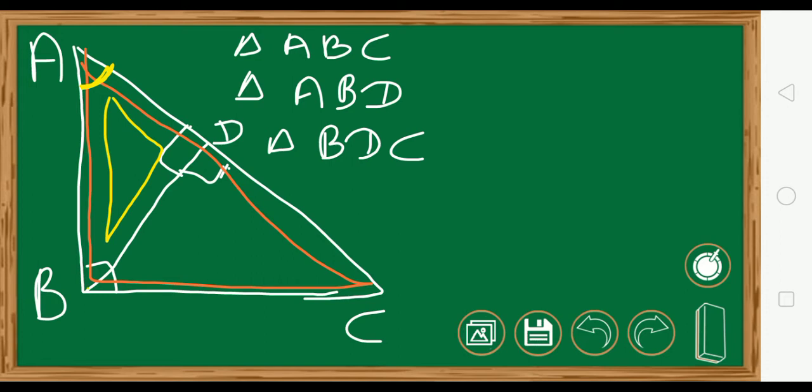So the triangle ABC, the bigger one, and the one in yellow, that is ABD, they are having two angles same. That is one, that 90 degree one, and one angle A. So these both are similar by AA test of similarity. You have studied in the first chapter. So by AA test you get these two triangles similar.